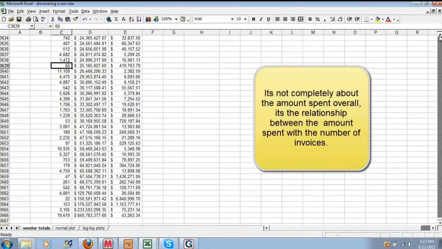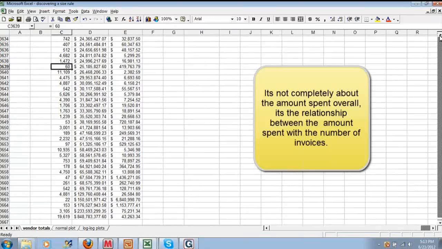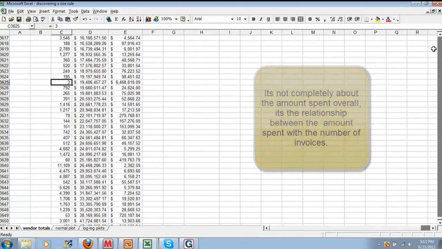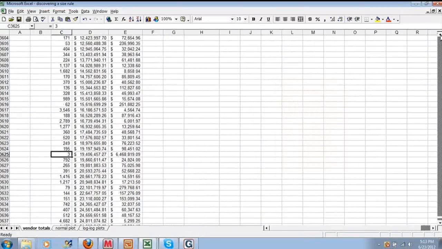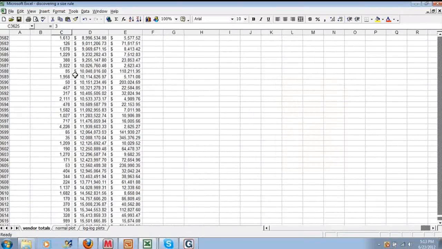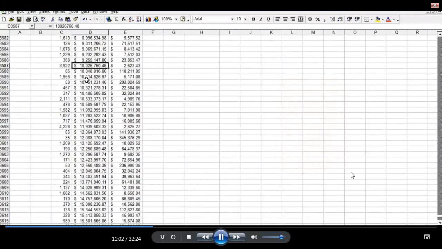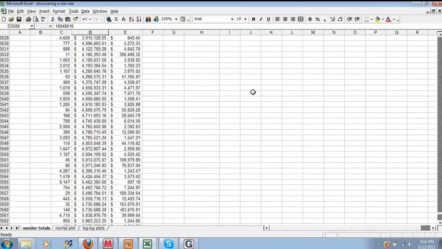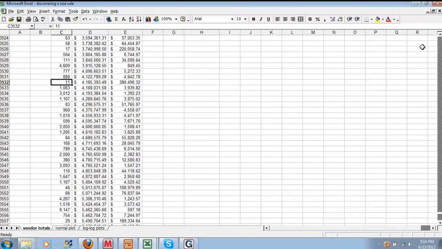It's not something you can just guess by looking at the data. I'll just scroll up a little bit and you can see. Here's $19 million worth of business, 3 individual transactions. Just scroll a little further. You can see it going up and down. You can see the variation. 3,800 different transactions, $10 million, 85. And this persists all the way down. There isn't a point where you stop having this kind of variation. There's 3,000, there's 11. See what I'm saying? It is a very, very random relationship. At first glance, there's no pattern.